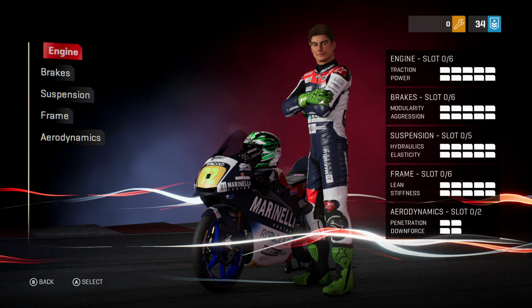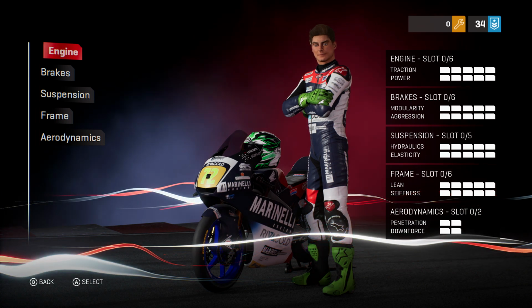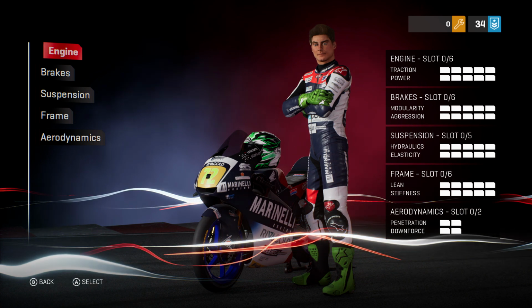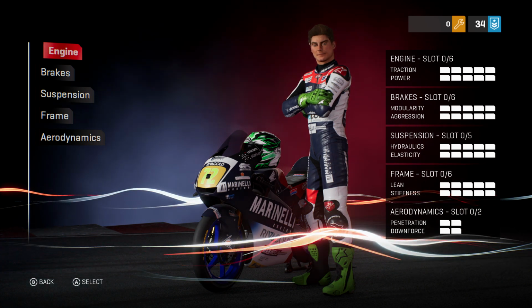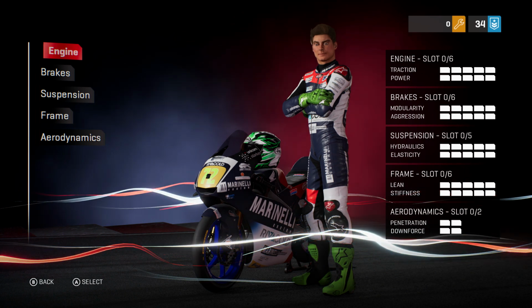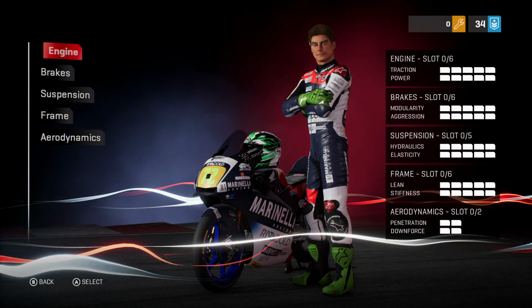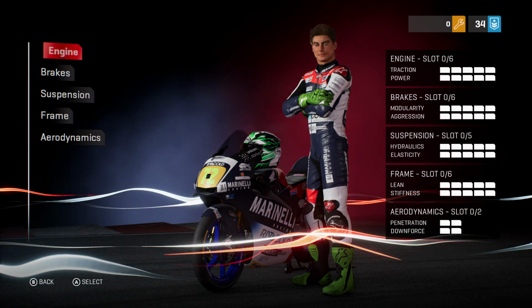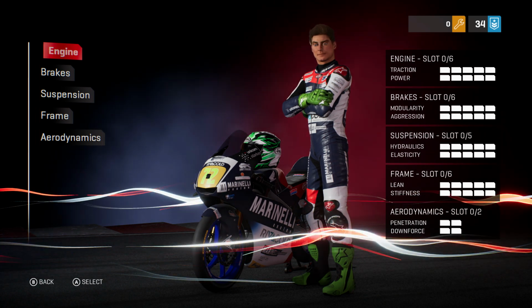Let's jump into the bike development and see what we have available to us. Looking up in the top right corner of the screen, we have a little spanner and a 0 next to it, so I'd say that means we have no development points or tokens or whatever you want to call them in this game. At the moment, we have 5 different areas: engine, brake, suspension, frame, and aerodynamics. Looking on the right hand side of the screen, you have those same 5 listed with slot 0 of 6, traction and power for the engine,